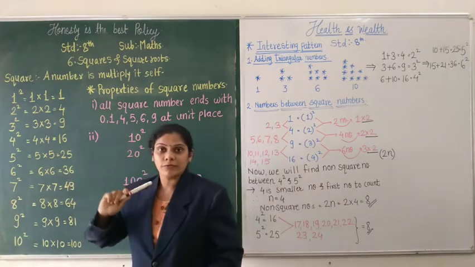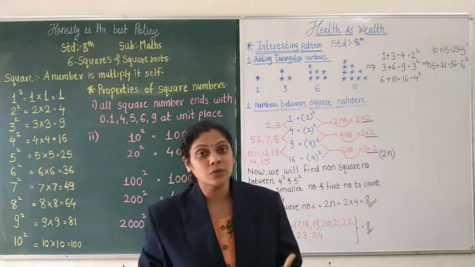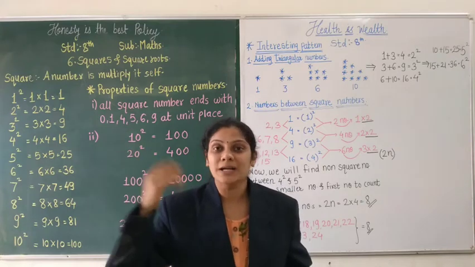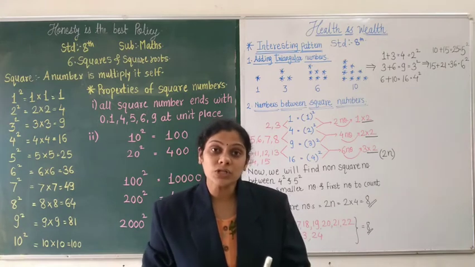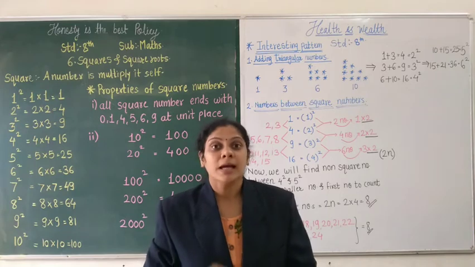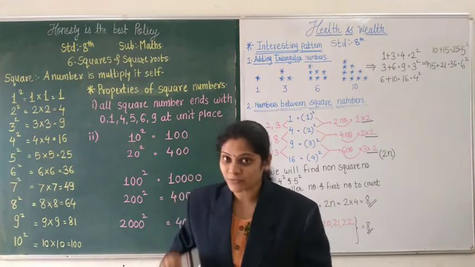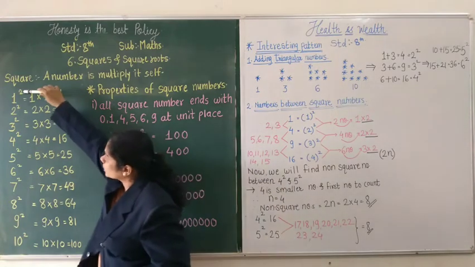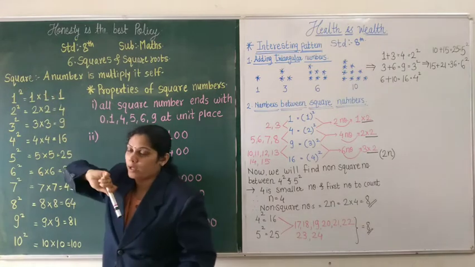So now look here carefully. What is the square of 1? How can we denote the square? We have to write the square number at the upside of that number, or at the index side. So which number do we have to write for the square? In square, we multiply the number 2 times. So at the index form, at the upper side, we have to write 2. Like this, we can write the square form.